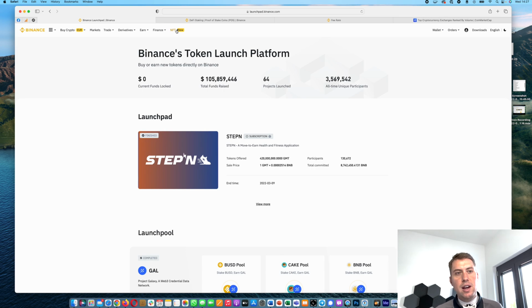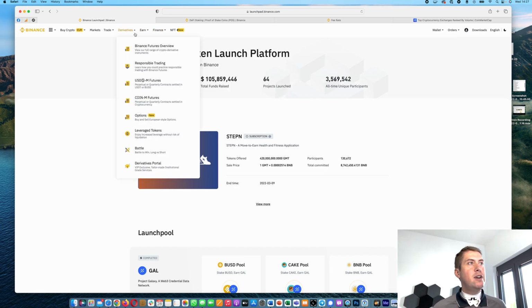They have a whole marketplace on there. However, most of the big and popular NFTs are only traded on OpenSea. So it's more like a niche marketplace compared to OpenSea. So that's basically the most important parts you have to know about Binance. I will do a couple other videos where I go into more details, for example, when it comes to futures or derivatives trading